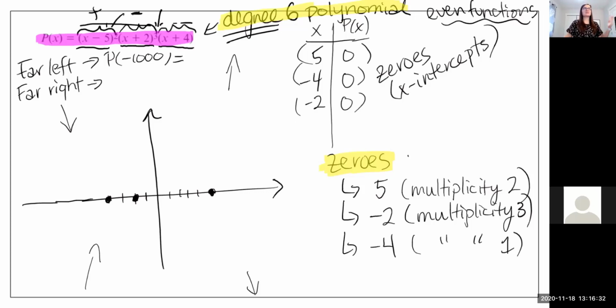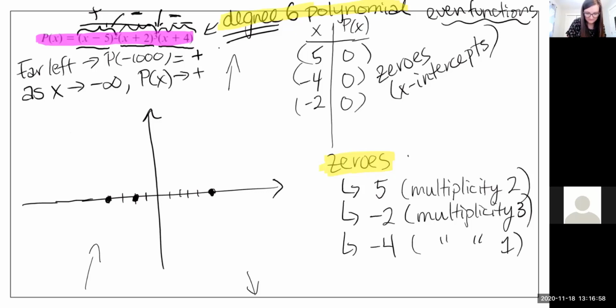And the negative number without a power is also going to be negative. So when you multiply that all together, you should get a positive number for a very negative number. So the way to write that for far left behavior would be as x goes to negative infinity, p of x goes to positive infinity,